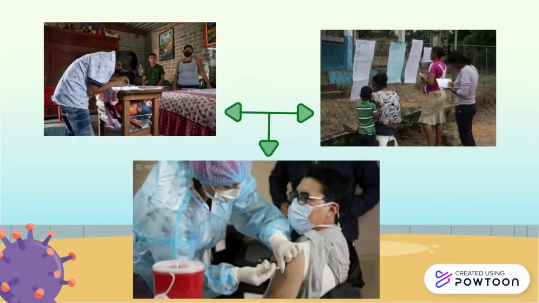Hi everyone, I'm going to talk about the difficulties and the solutions in our project. I think the principal difficulty is time, because all of the members of our team are in the university, so we all spend a lot of time on homework, lessons and projects. But I think the best solution is to alternate between each member of the group in order to take advantage of the time, so we can all organize our time to make a schedule and help the people. If all of the members can organize their time and make a schedule, we can give a better service and help a lot more people. Thanks.